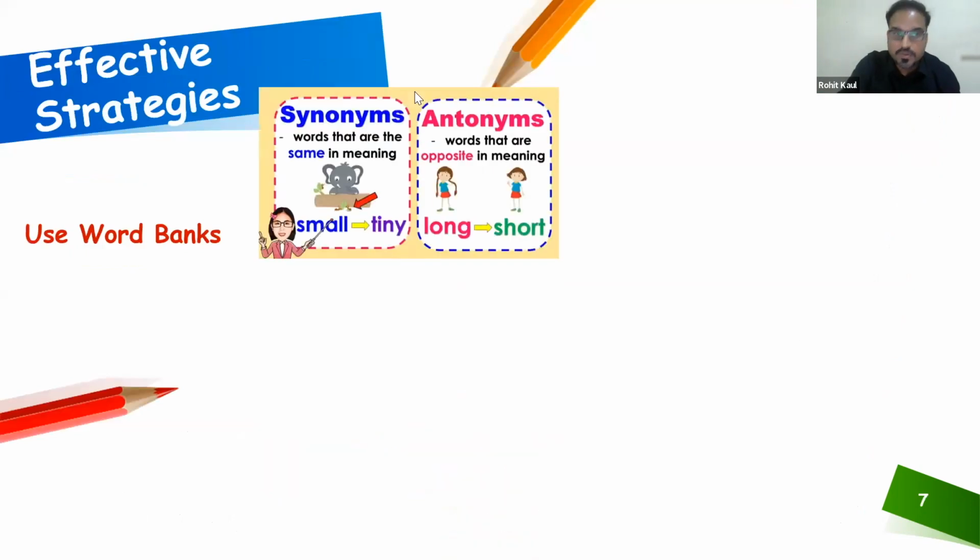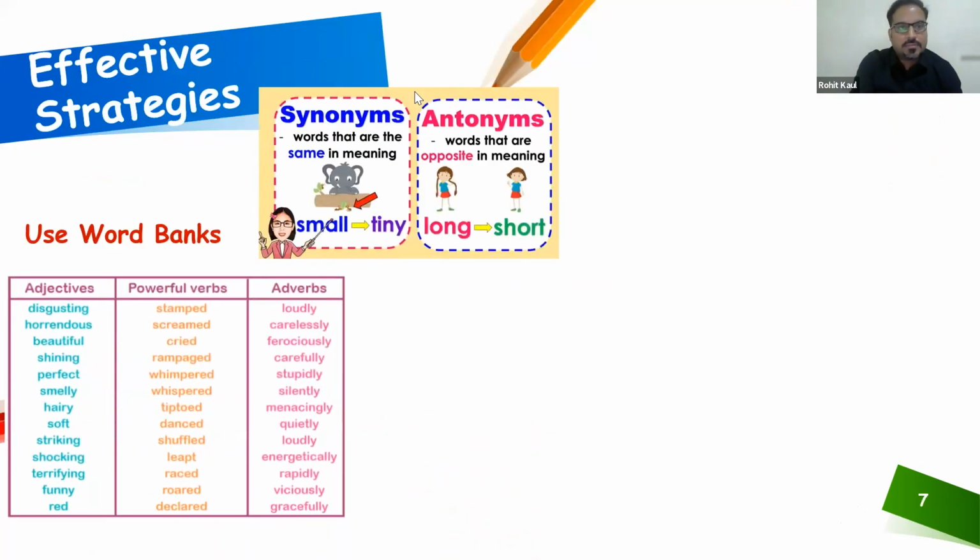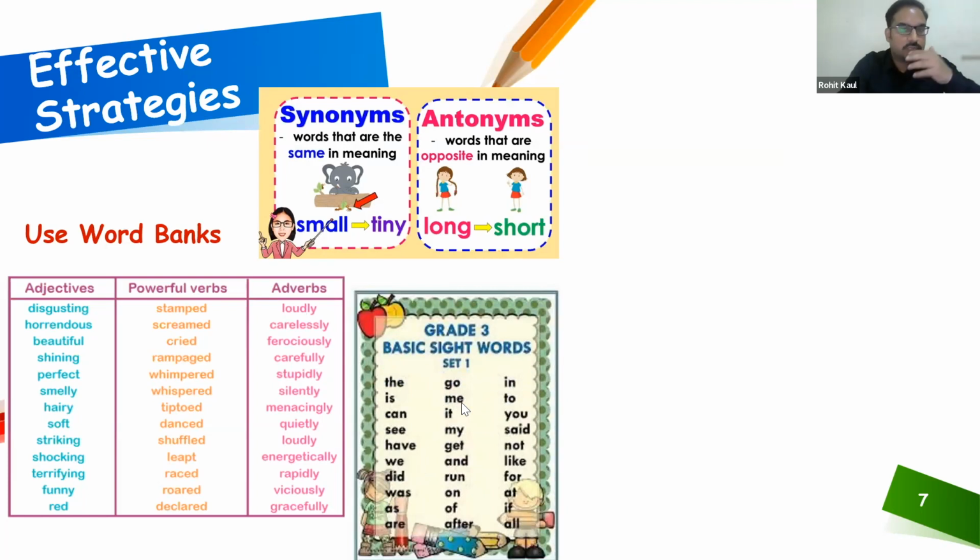Let's talk about word banks. I feel that in a standard classroom setup, ESL setup or EL setup, you need to create these word banks. These word banks are very important. These are displays that you put up in your class at different places, so that they understand what these words are. Sight words, synonyms, antonyms. These are all important displays that I feel should be there in your classroom, where your children feel empowered. The children feel that, yes, I have a word bank in my class to look at for different words, and they start using those words.